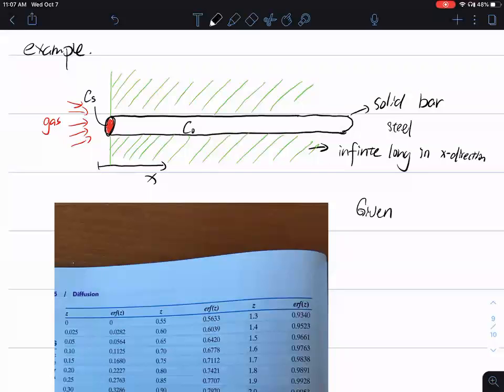carbon inside of this steel. As we know, steel is a mixture of iron and carbon. So initially, it has a carbon concentration, which is C0 equals 0.25